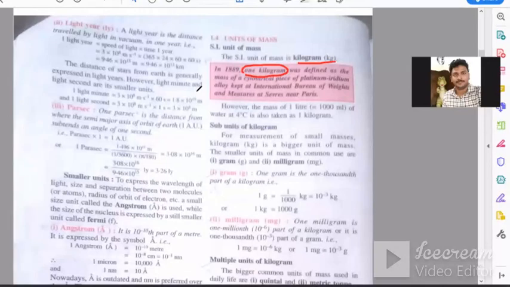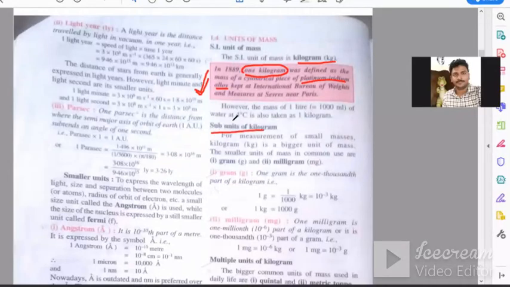Okay, and in exam if you are asked to define 1 kg, this is what you are going to write in the definition. They are saying there's a platinum iridium alloy which is kept in the International Bureau of Weight and Measure, and the mass of this platinum iridium alloy we have accepted as 1 kg. And this 1 kg of platinum iridium alloy is taken as a unit for comparing the mass of other bodies, right?